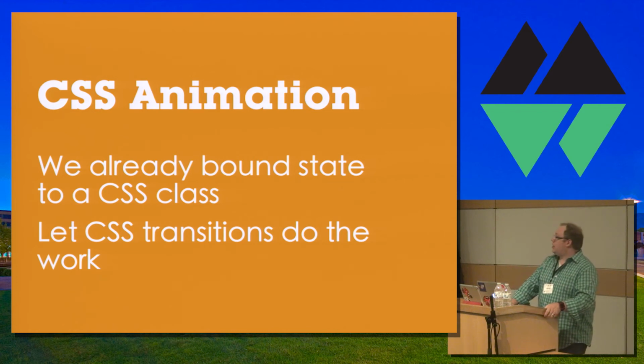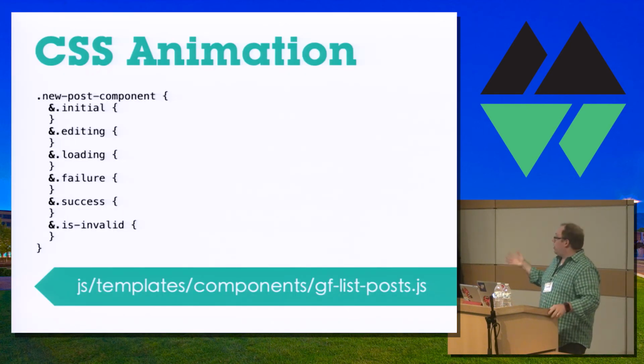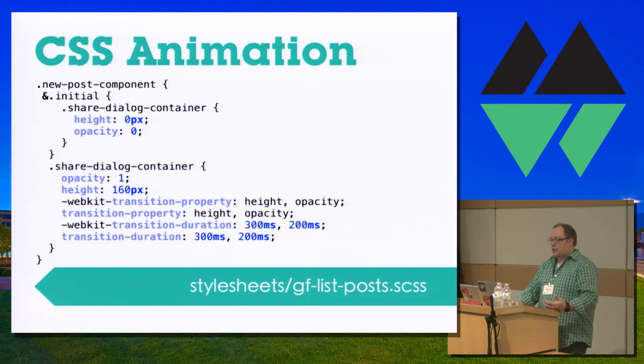All right, last thing I'll do, we'll move all of the show and hide behavior into CSS animations. What I like to do with that is create placeholders for the various states of this thing, because we bound that class, so we know that we're going to push it from initial class to editing and so on. So we'll create those classes as little containers to hold things like CSS animation. Hopefully the CSS here kind of tells a story: in the initial state, the height is 0, the opacity is 0, but after it's moved out of that state, we can see things pop into existence. So it should translate down and into opacity 1.